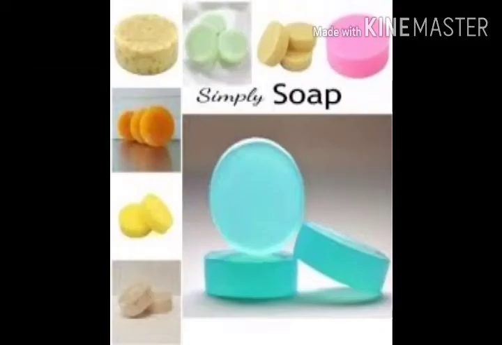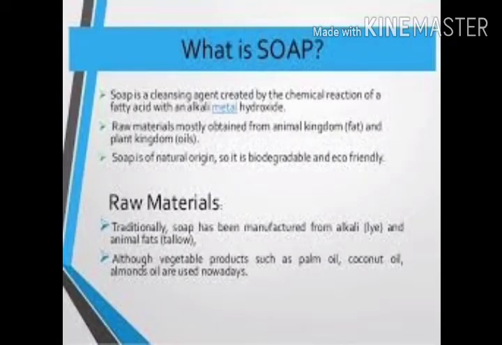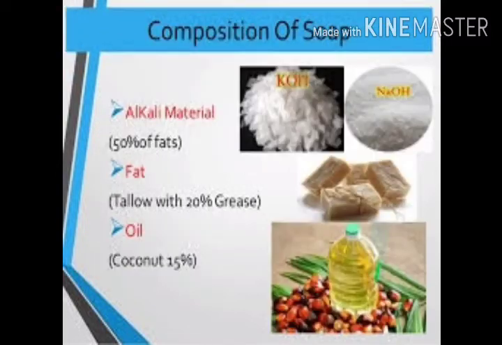Students, now we are going to see the details about soap. Soaps are sodium and potassium salts of long chain fatty acids. Soap requires two major raw materials. One is fat and another one is alkali. How do we get fat? We get fat from animal and vegetable oil. We can use two types of alkali for preparing it, that is potassium hydroxide and sodium hydroxide. It is otherwise called base. Potassium hydroxide is more water soluble than sodium hydroxide.